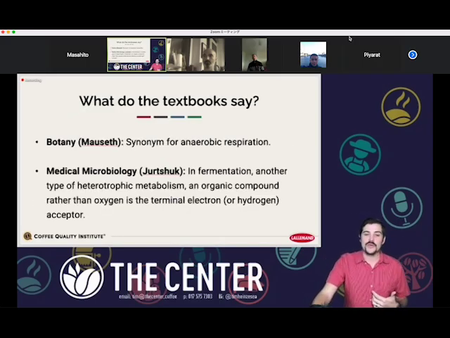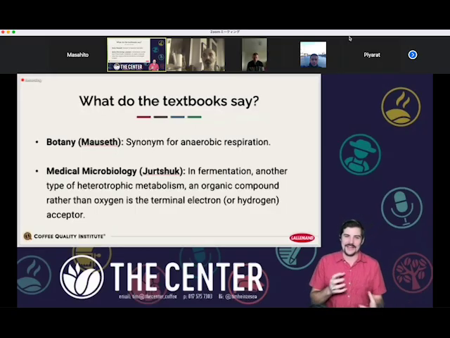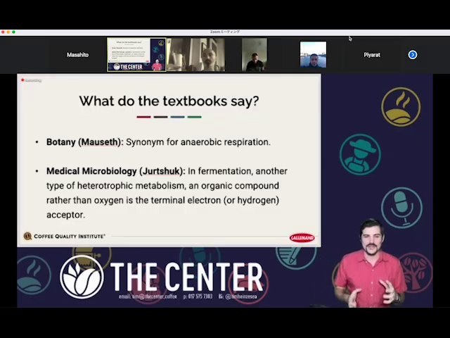All right. So if we look at fermentation defined in different textbooks, specifically in botany, this textbook here by Mosseth defines fermentation as a synonym for anaerobic respiration. Previously we had Merriam-Webster talking about this anaerobic breakdown. Now we're throwing in this term of respiration. So we're starting to see some of the complexities unravel as we try to define what fermentation